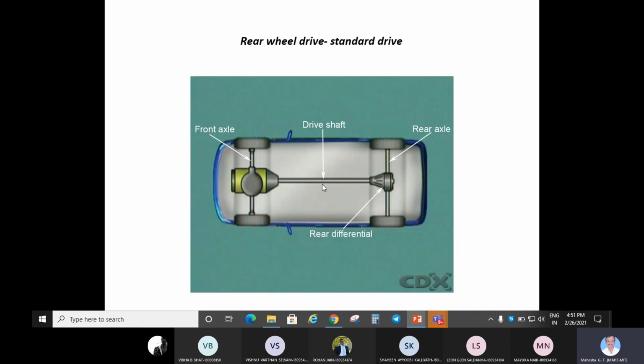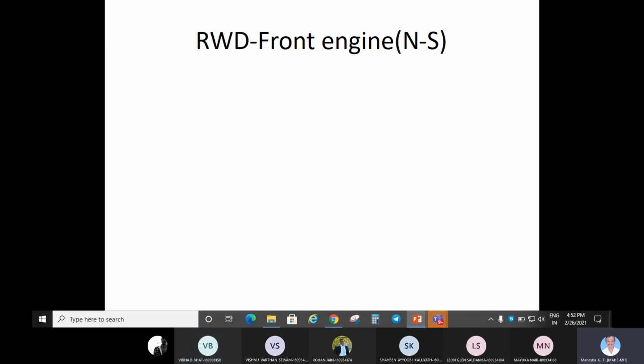In that case, normally they will go for either 2 or 3. Even 3 will be used. 1.5, another 1.5, maybe another 1, something like that. 3 plus 1, maybe 4 meter together, with some couplings provided between them. Some coupling will be here, some coupling will be here, and drive is transmitted from front to back. Am I clear now about this particular drive? Yes, sir.